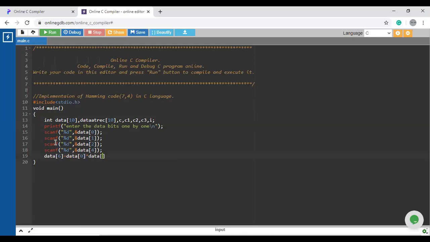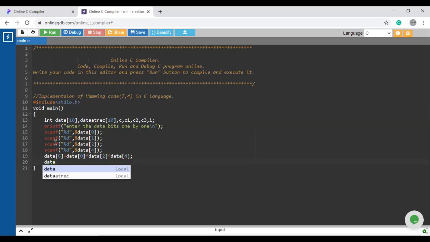Data at second position and XOR operation data at 4th position. So XOR operation of these 3 data bits will be stored in the data array in 6th position.